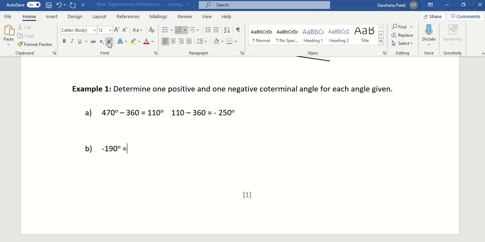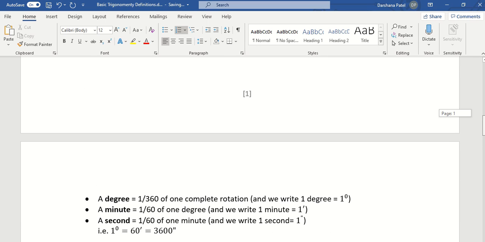Let's look at another one. For negative 190, we can add 360 to it. We get 170 degrees positive. So that's one of the positive angles we can get. The other answer I could get is, if I subtracted 360 from 170 like the previous example, I'll get negative 190. So I'll be back to the question. So we have to do something else. We can do negative 190 minus 360 here. That will give me negative 550 degrees, and that will be my negative coterminal angle. So the positive coterminal angle is 170, and the negative coterminal angle is negative 550 degrees.